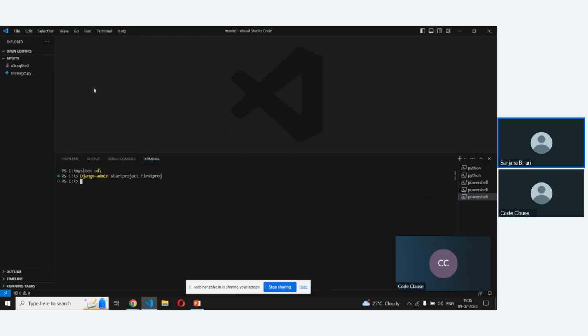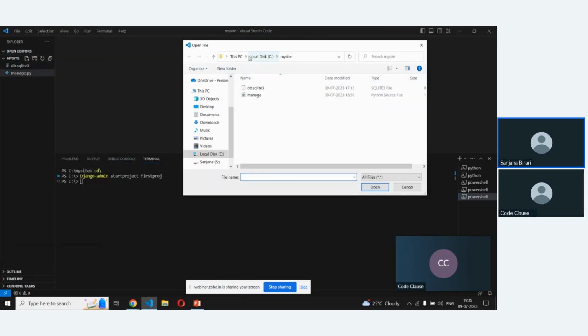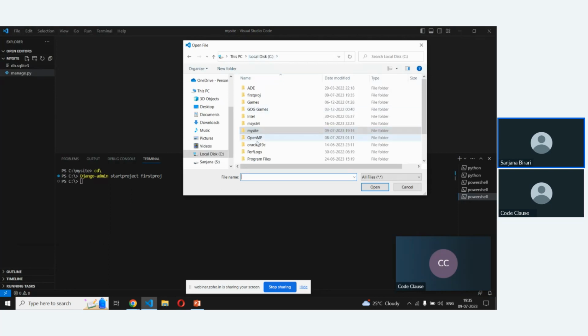See, the project is started. Then it will create a directory. To see this, you have to open that location. See, you can see the folder name first proj. Add, I have named it.